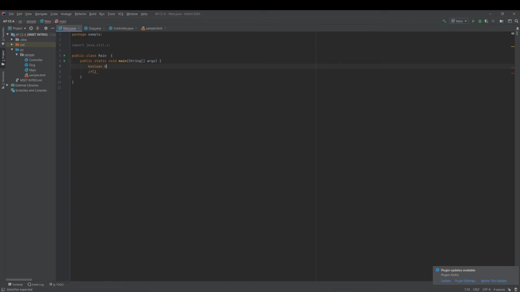And we're just going to call it bool, and is equal to false. So we're doing the combination of declaration and initialization together. And we're saying that bool is equal to false. So if bool,